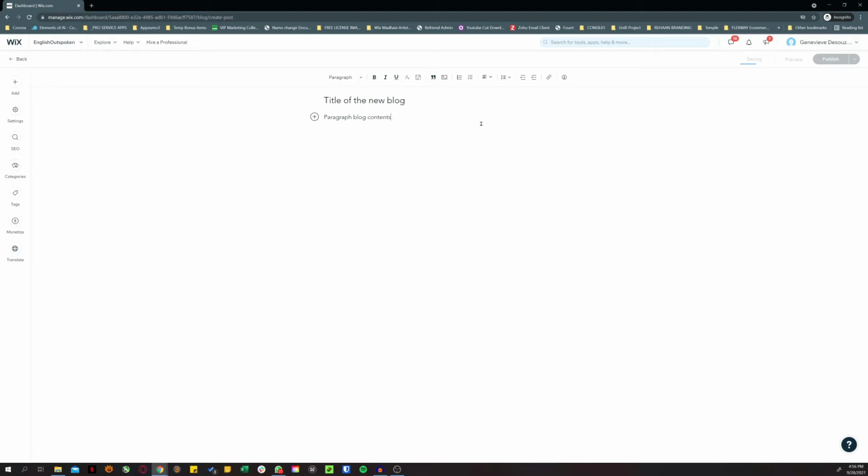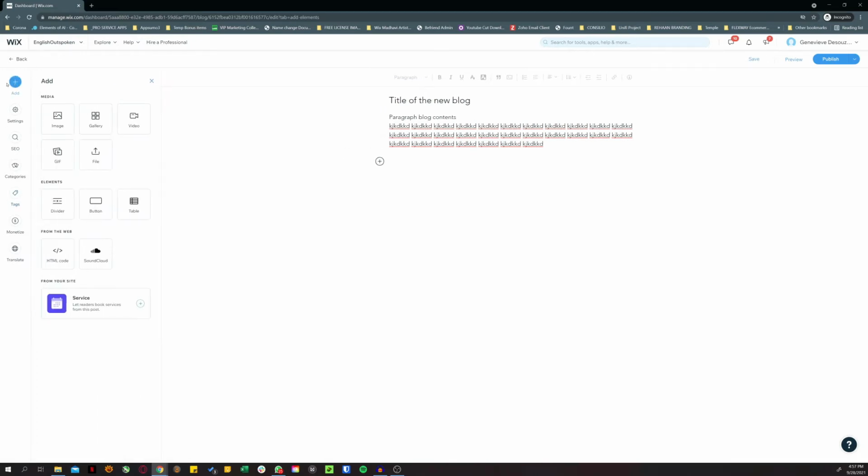If you hit the enter key on your keyboard, you can move to the next paragraph. So you can keep adding more and more lines, as many as you want. If you need to add an image on the next line, say below this, you can add some space here and go to the left panel, or these are the control buttons. Under the add option, you can see that you can insert various elements into your blog page.